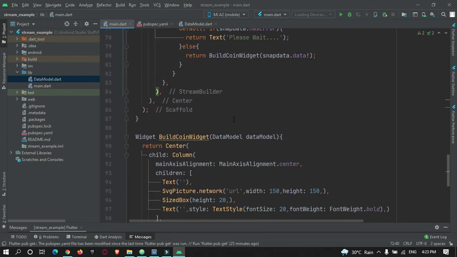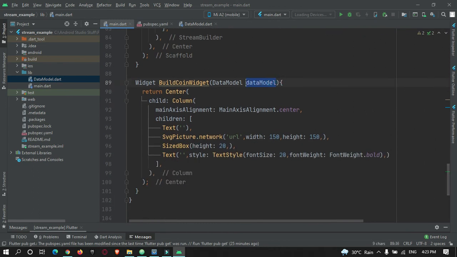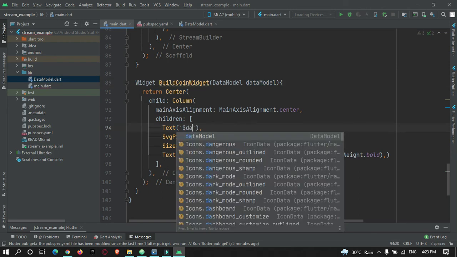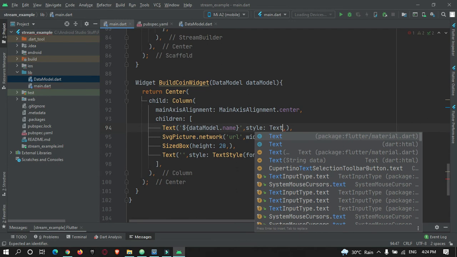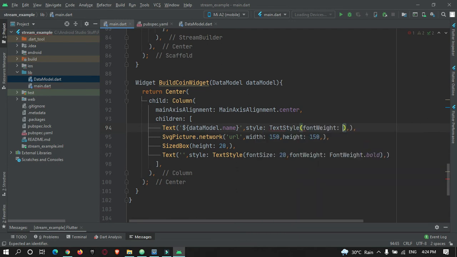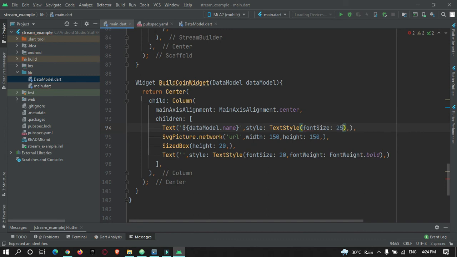Okay, so now we get the data snapshot to this widget, and now we can make use of this to show the data. So for that, data model dot name, cover bracket, data model dot name. So let's give the size to this text widget, font size, let's give 25.